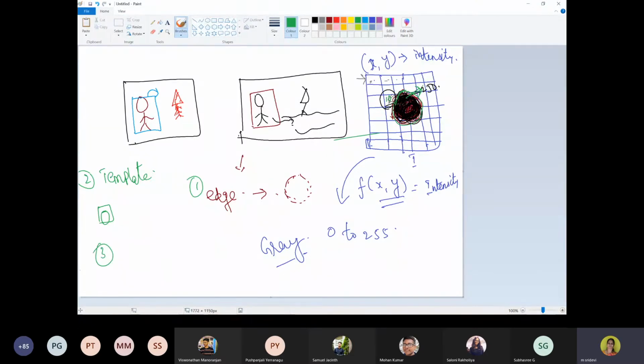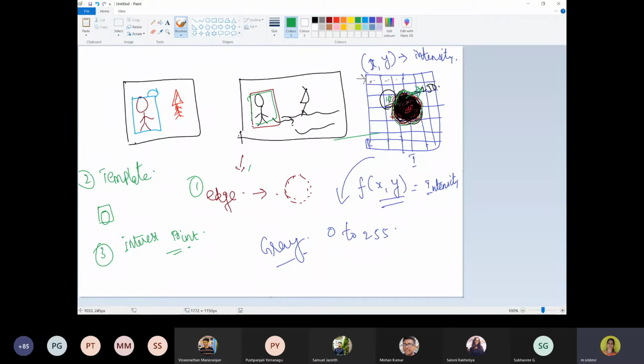And the third method is an interest point, which is a region of interest, you can say. So when we talk about any scenario in this object, suppose you want a person who is walking, you need to only track this person, the region of interest with respect to this person.